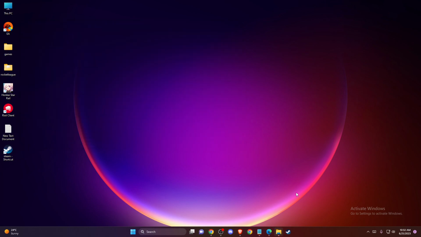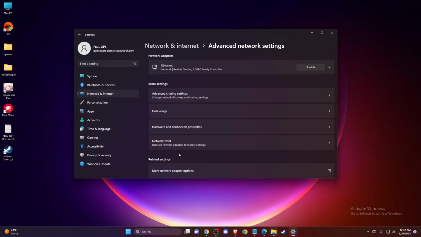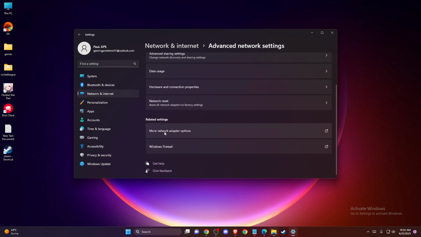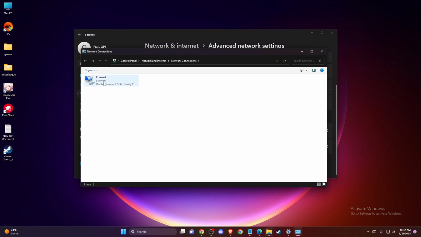And if the problem persists, then on the system tray on the bottom right corner, you should see your internet access icon here. So you need to right click on it, go to network and internet settings, and then go to advanced network settings, more network adapter options here, and you should see your internet that you're using here, right? So then what you need to do here is to disable it for 5 to 10 seconds here, and after that enable it again. And sometimes it fixes the problem here,